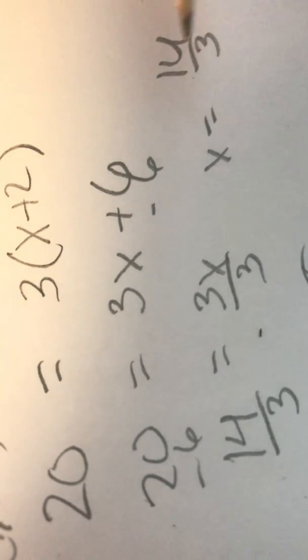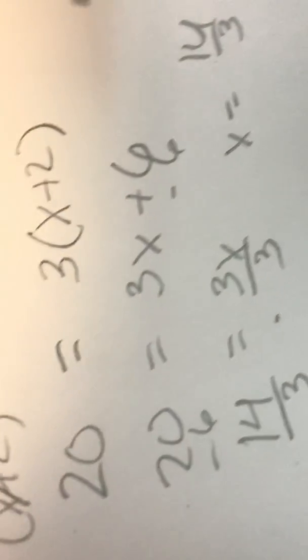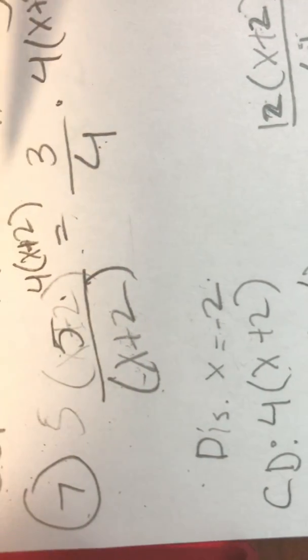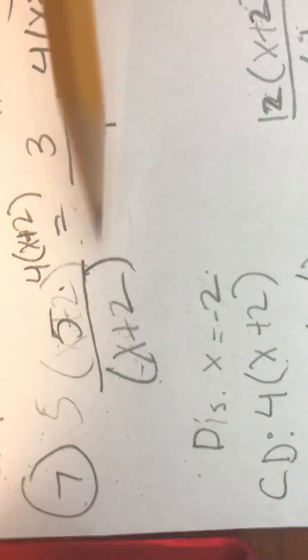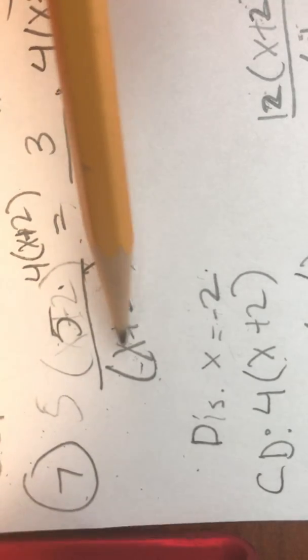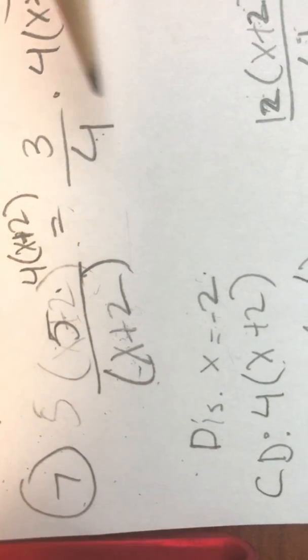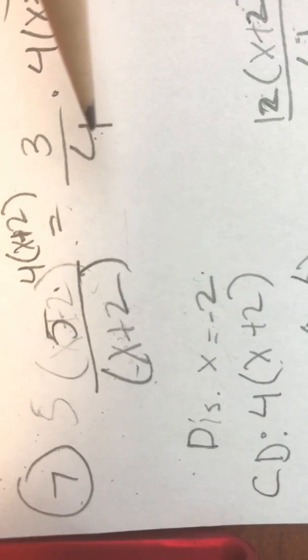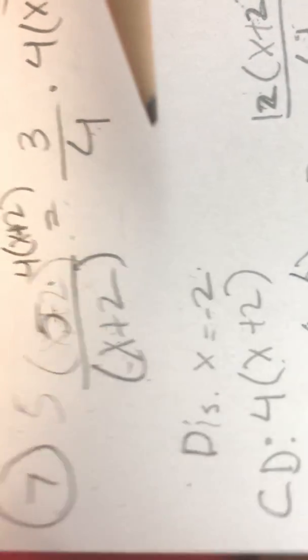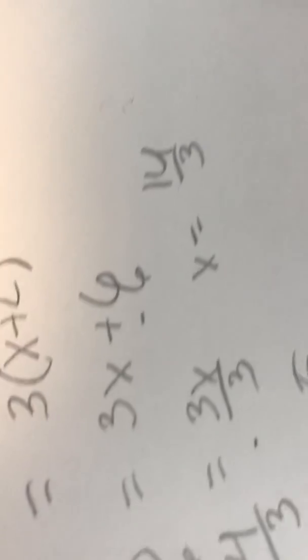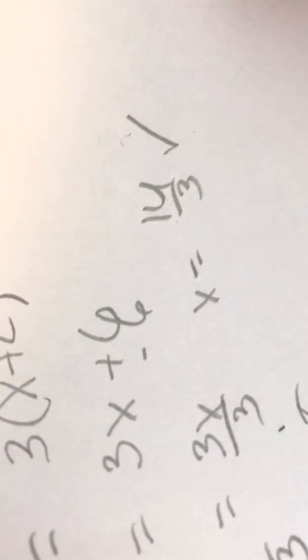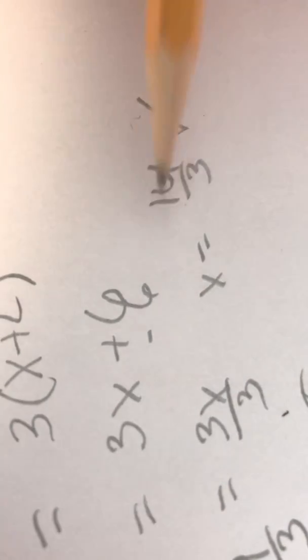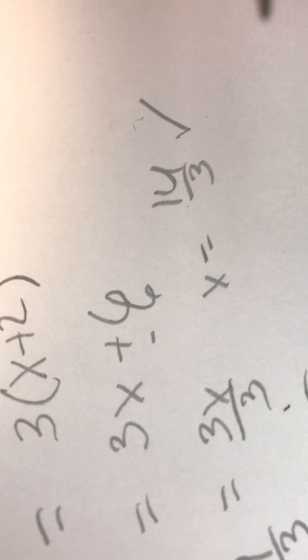Like, oh, Mr. Hardinger, I have to check this? Yes, you have to plug it back in, the whole way up here into this original equation. Your goal is for that 14/3 to plug in here, and you're hoping to get 3/4. Now, if you have questions on how to plug that in, I will show you tomorrow when I come in on Tuesday. But I'm going to tell you right now, it does work out, but don't look for that gift going forward. You need to personally check these. Today, I'm going to check them for you, and I will show you tomorrow how to plug these properly into your calculator, so that way